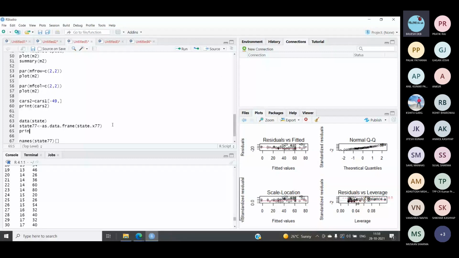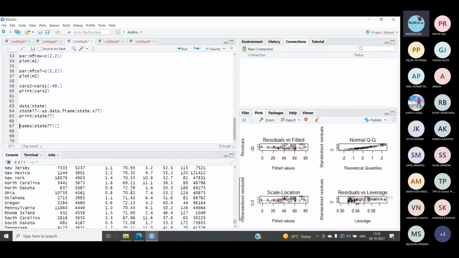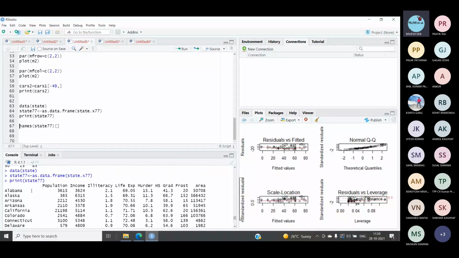Let me print state 77 first so that I can show you what we are going to do. In this query, we have to change the column name life exp to life.exp, and hs grad to hs.grad. Let us calculate the column index for these.